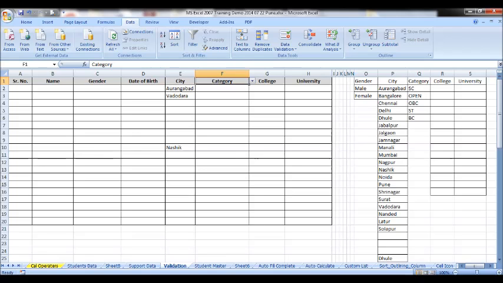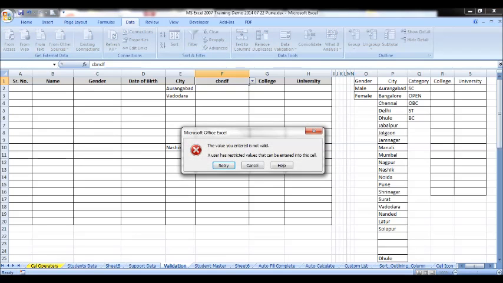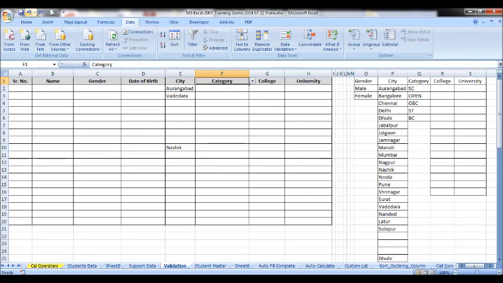Here in this case, category was already entered and still we selected the cell. It has not been changed. But if you want to enter it again for certain column heading, it will not allow a change. So while designing your data, you have to think of what validation you will apply to your data.